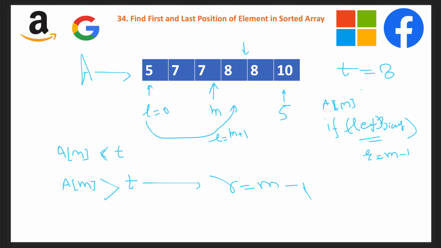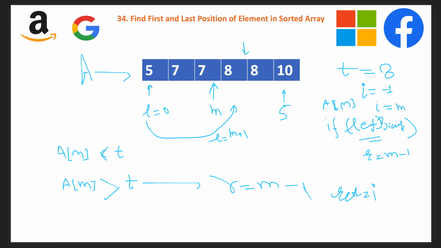But before this, we also initialize an index I, which represents the index where we are finding the left bias. We initialize this with -1 before doing binary search, and then we update it with the current m when a of m equals the target, so that we have at least noted down an index where the target is present. If there is no such element, we return I in the end, after the whole binary search.